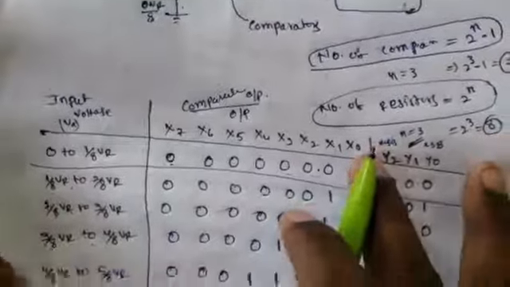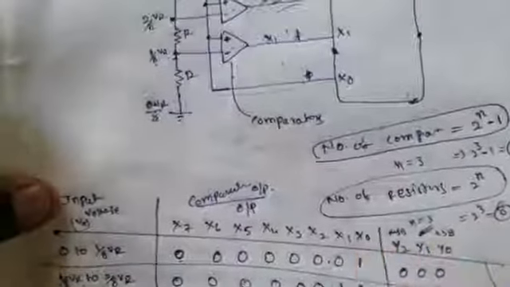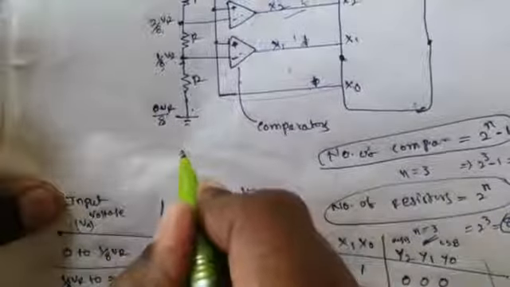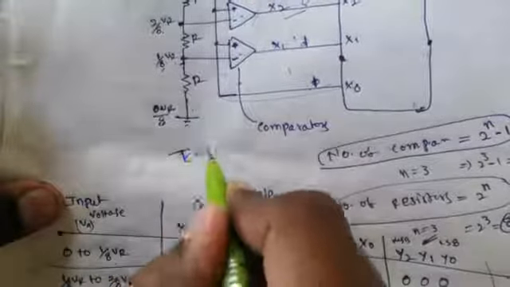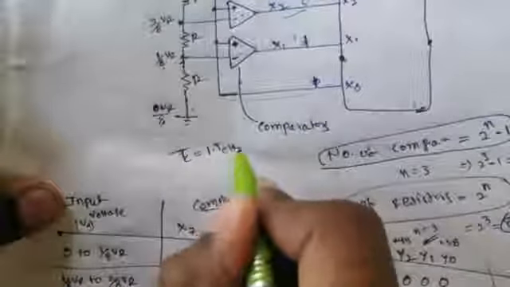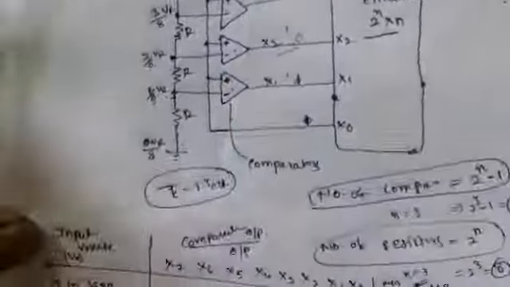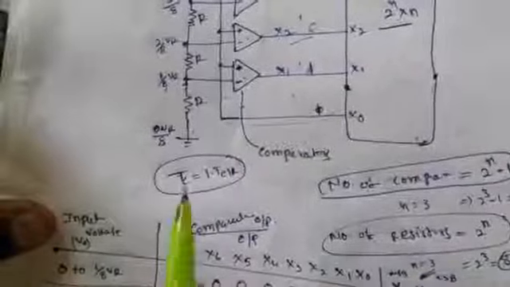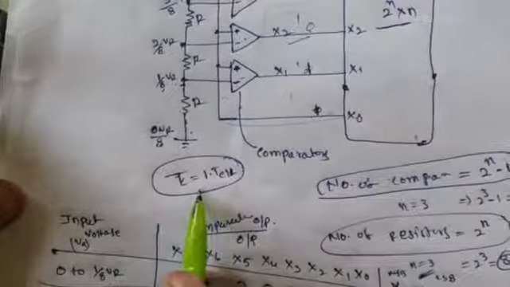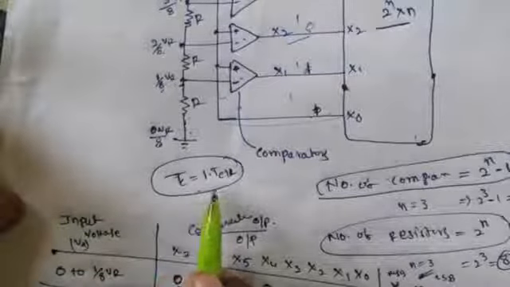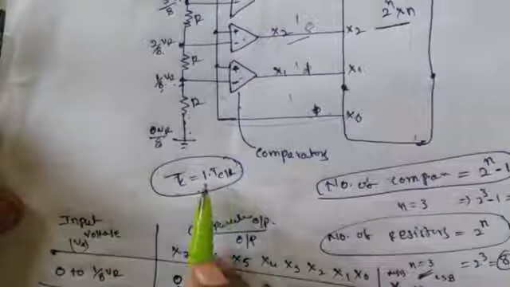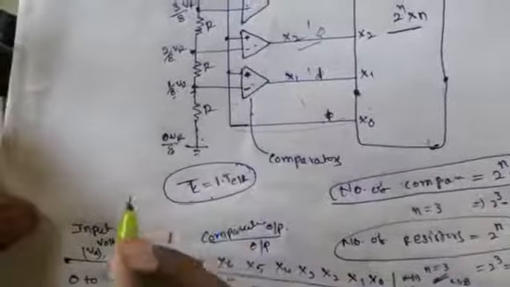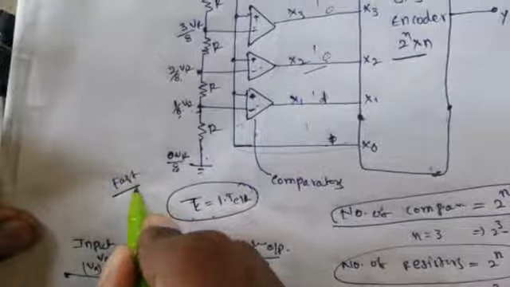And the corresponding digital output is also produced. So that's why, to convert analog to digital in flash type, the conversion time is just 1 into t clock. That's why it is called parallel comparator type or flash. The conversion time is very, very less. It is only just 1. So among all ADCs, this is the fastest ADC, and accuracy is less.